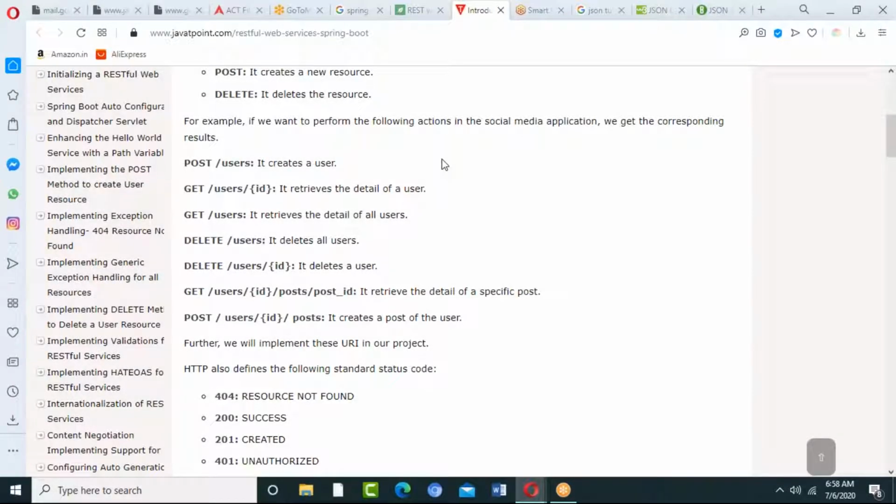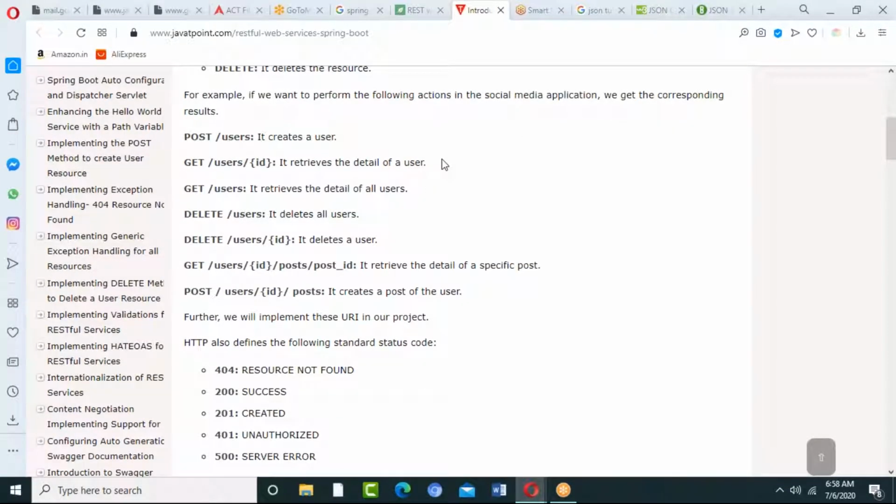RESTful services. Basically we will be converting our data. We are reading from the server and printing it onto the notepad, or wherever you would like to see it. In that case, we have to use RESTful services. So post, get, and some URI users. If I want to get particular user details, users slash, in brackets or after a colon, you specify the particular ID, so it retrieves the details of a user. And if you want to retrieve all the users, for example we are saying,